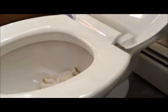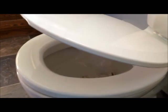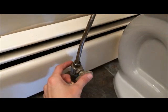And we can try it. This toilet seat doesn't slam shut, it slowly closes. So you won't hear that noise anymore. Then to complete the installation,